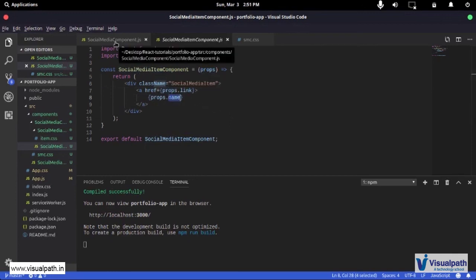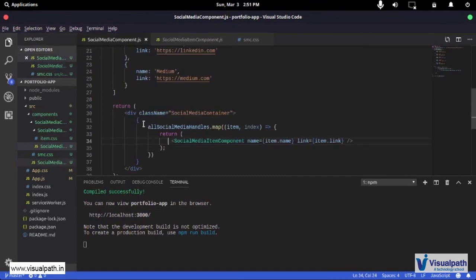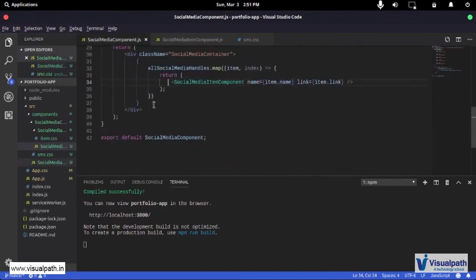So I isolated those as props. Then I went back to my social media components, and I used my data source to map all the data. In this case I'm not using the index, so I can actually remove this, and this is not going to affect my logic in any sense. If I was using the index, I would have kept it. What I'm doing inside my map is just returning some JSX that comes from the component that we just created, called social media items component, and we pass it the name and we pass it the link.